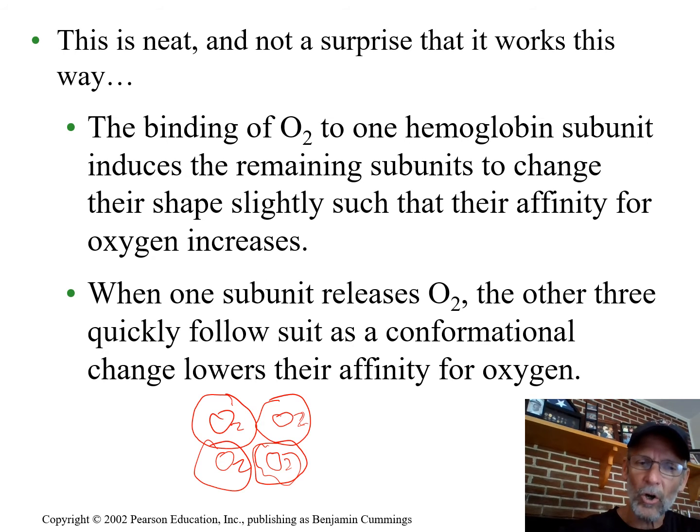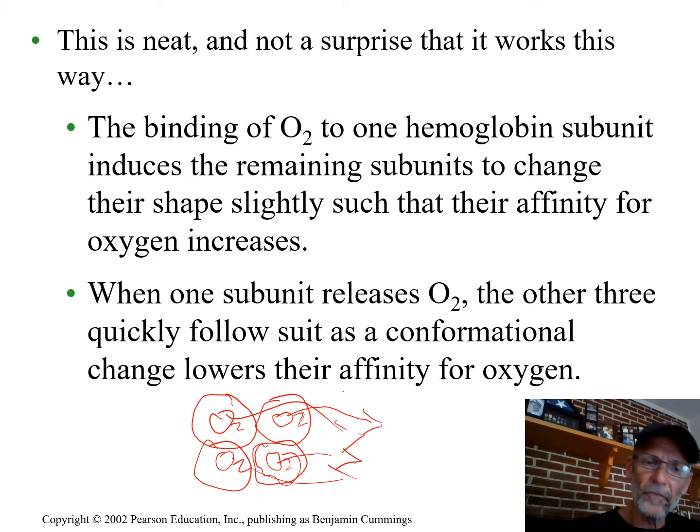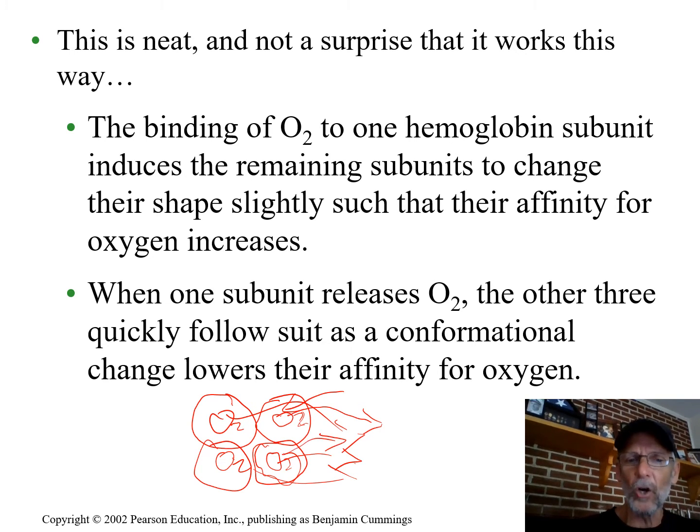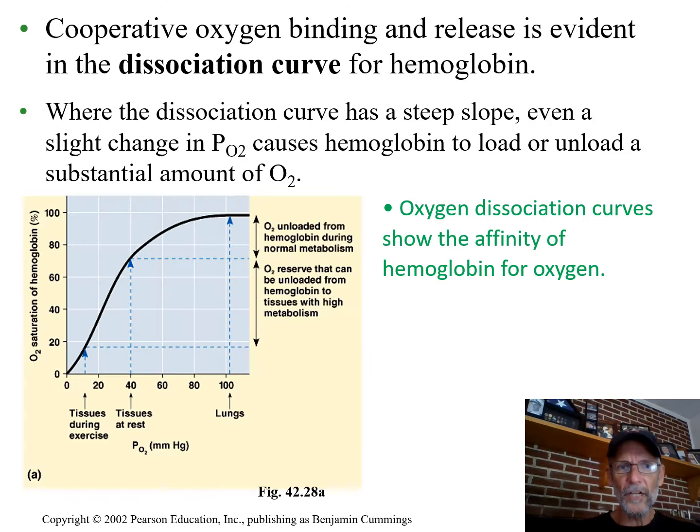Cooperativity. It's like the 4 are cooperating. And when oxygen leaves, these 4 also change their shape and give up oxygen more easily. So both for the grabbing of oxygen and for the letting go, hemoglobin shows cooperativity among its 4 subunits. We can see that in this dissociation curve. This is in green ink, right? They would want you to know this if we were doing the